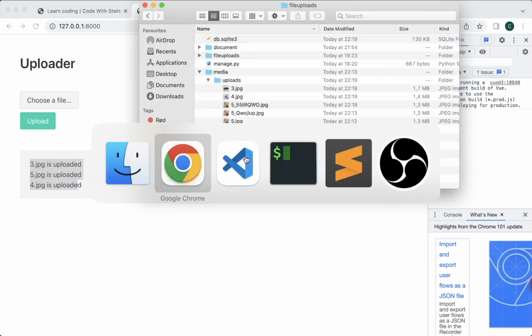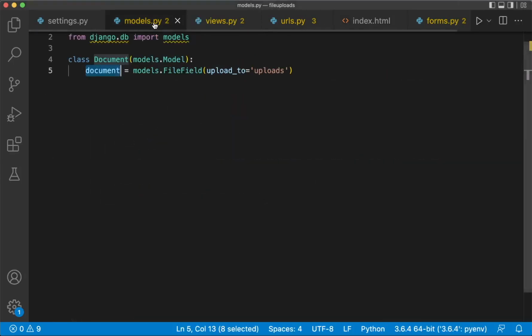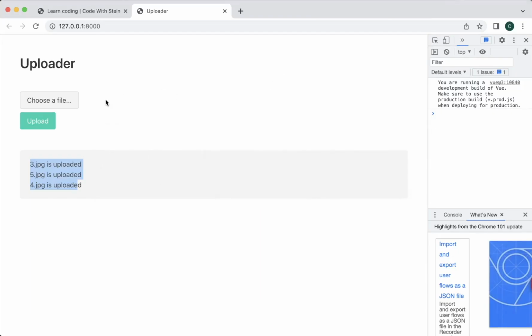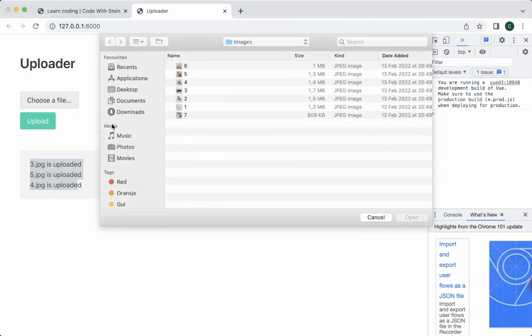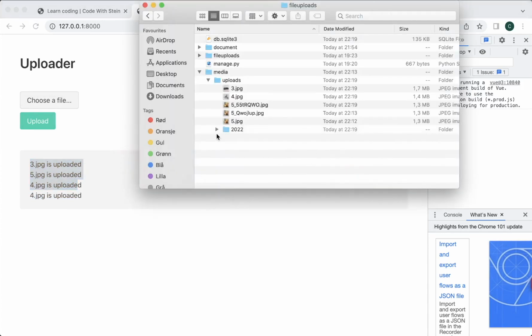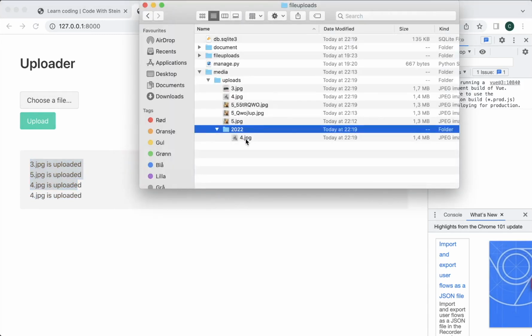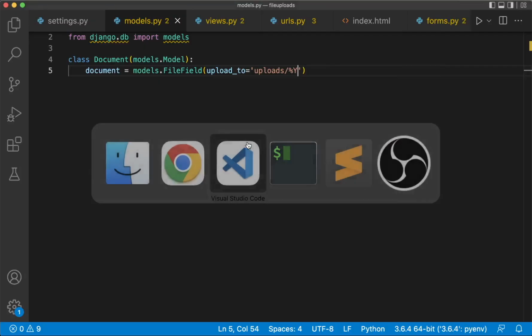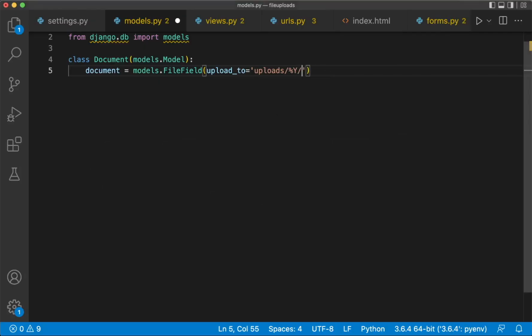Then the last thing I want to show you is the little change in the models.py. Because right now all of the files are just uploaded in here. But what if we wanted to upload to, for example, each of the years? So if I now save, try to upload one more file, don't need to refresh. Uploaded, and then I go back here, then you see that we get the 2022 and the file is put in there instead. Now you can also do the same with the month, so %m and